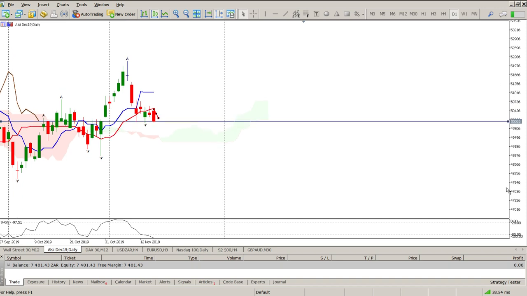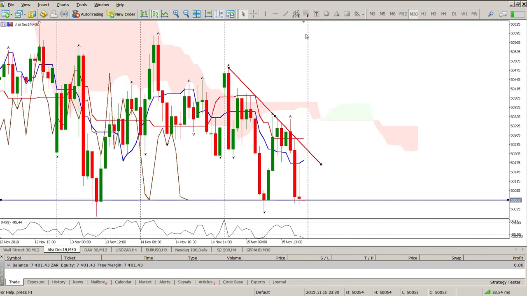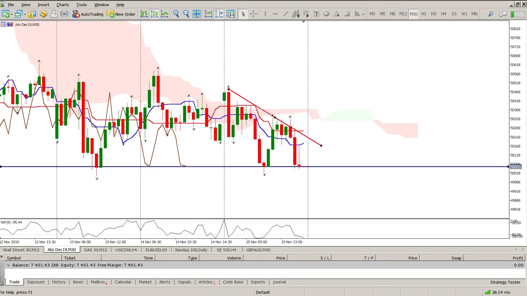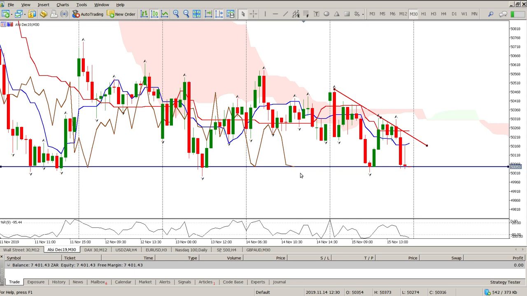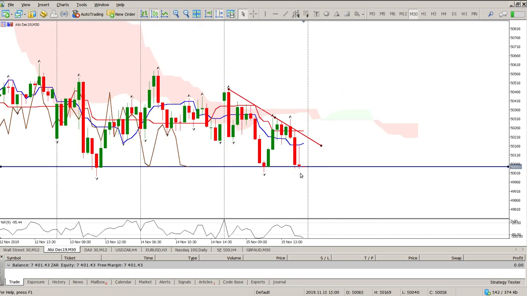So for me this is a sit on my hands and watch something else. By the looks of things, for all the instruments that I'd like to trade today, there's no real good setup. So there's a good chance that we probably won't even put a trade in today. Anyway, guys, not much valuable information today, except the fact that the markets are confused, and we need to trade them accordingly. But if we do get this break here of 50,000, I think the short is on,